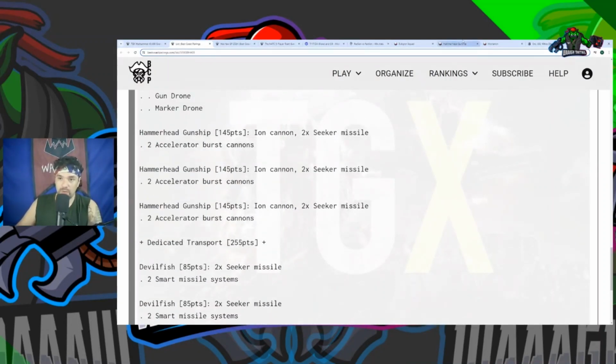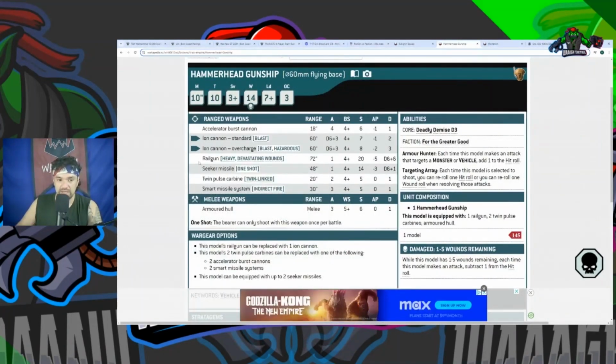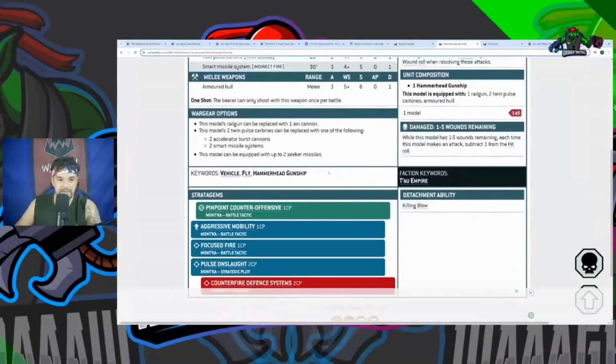But what I wanted to show you real quick here is the hammerhead gunship. So you can see it does have a rail cannon, but that player didn't bring them, as we just saw. He brought the ion cannon, which is 6d6 plus 3 attacks, hitting on 4s, strength 8, -2, flat 3 damage. Each time this model makes a hit against a monster or vehicle, add 1 to the hit roll. So he's hitting on 3s natively. He can re-roll one of the shots or re-roll one of the wounds. And yeah. And then he has the ability to...